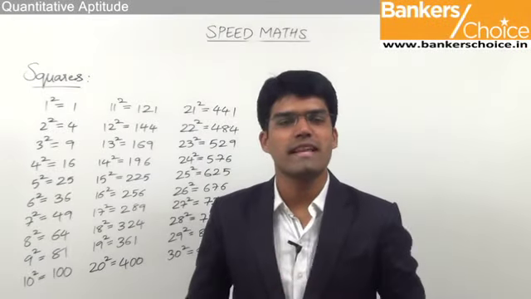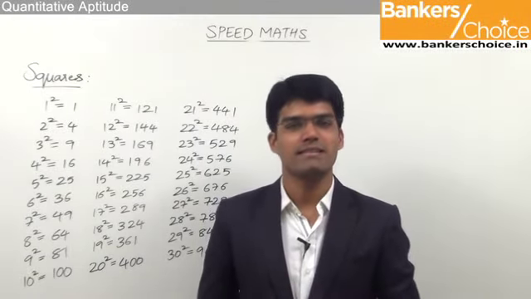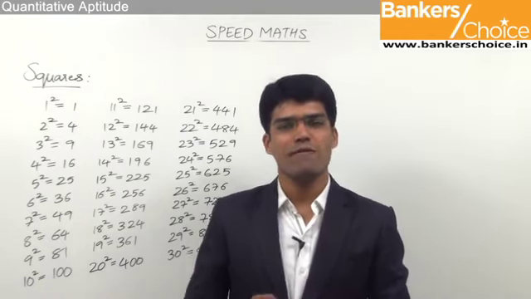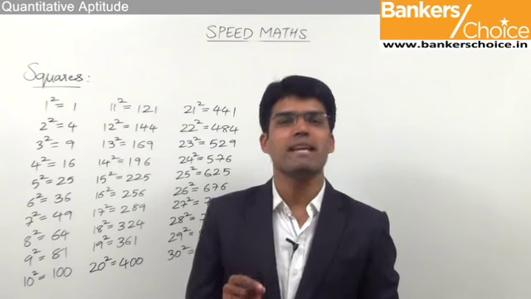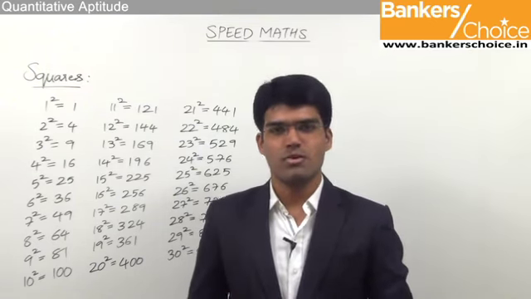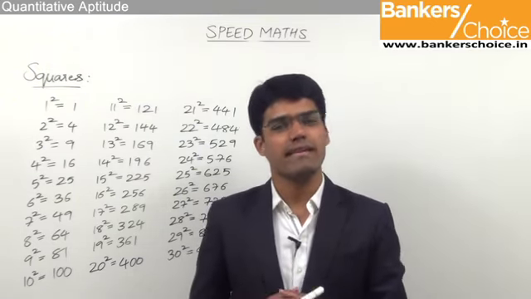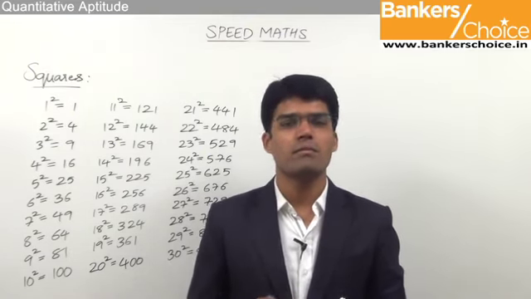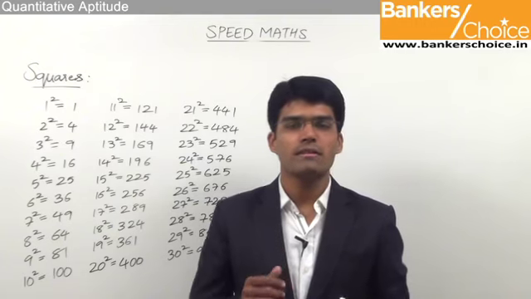Let us now move on to the next very important aspect of speed maths, which is finding of squares. We know that the square of a number x is nothing but the number x multiplied with itself. So x squared is nothing but x into x. It is very important that we find out the square of the given numbers very quickly to avoid wastage of time